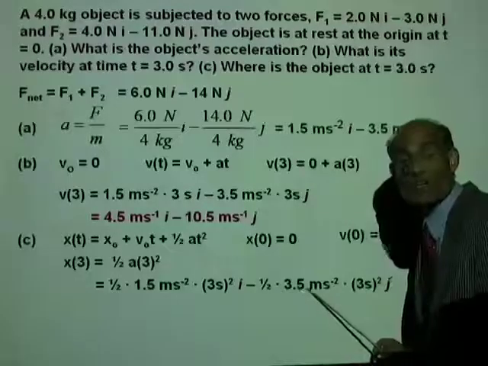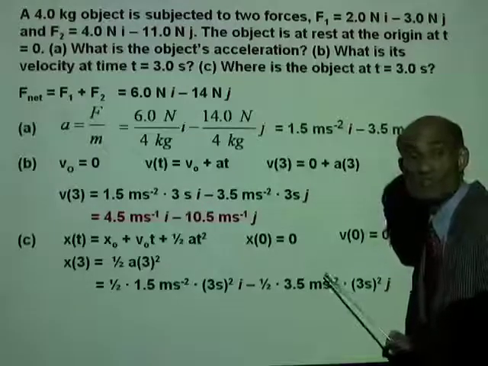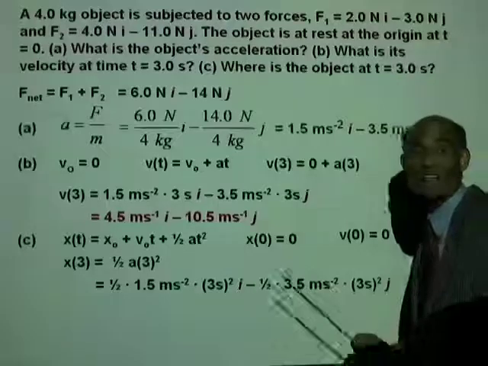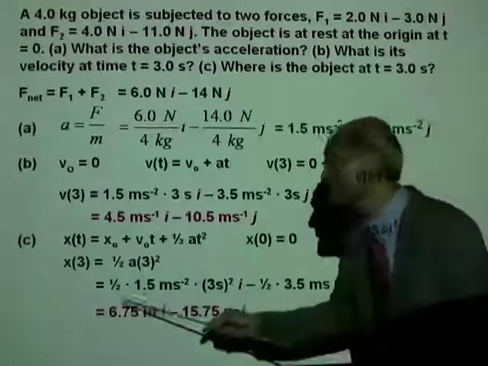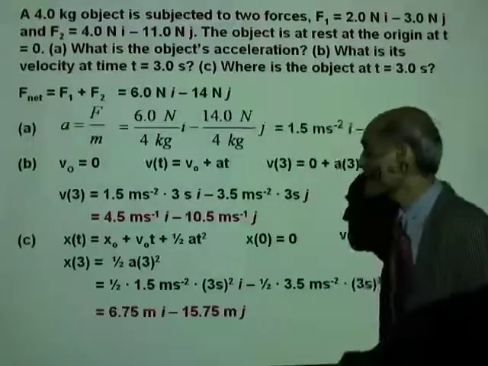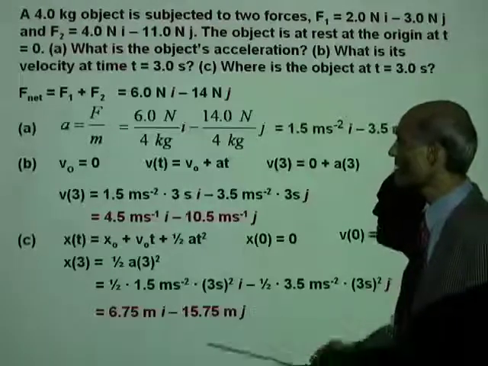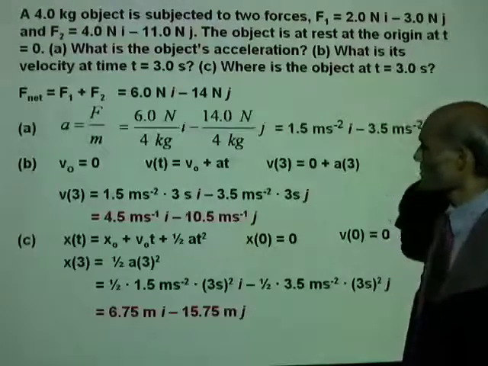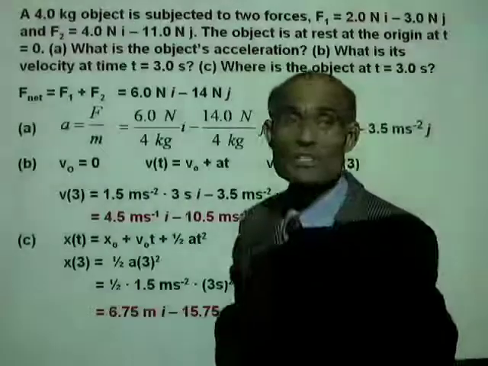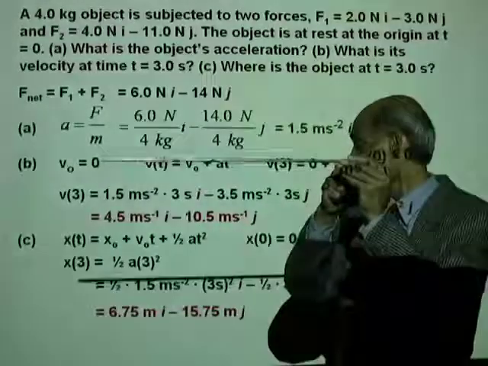This is the y component of the position, because this is the y acceleration. That will be 6.75 meter i minus 15.75 meter j. In other words, the particle at that time is